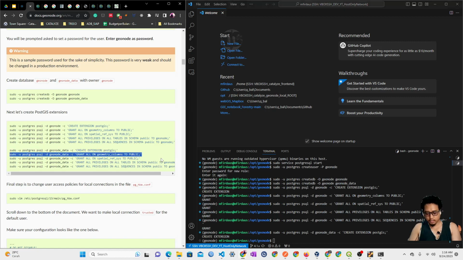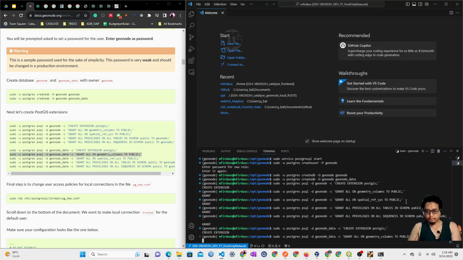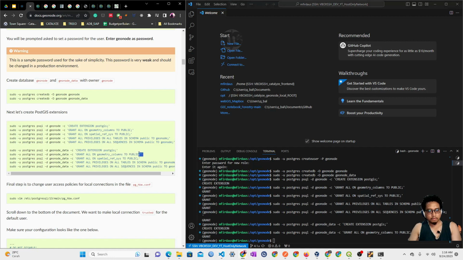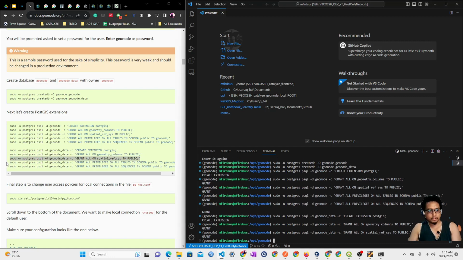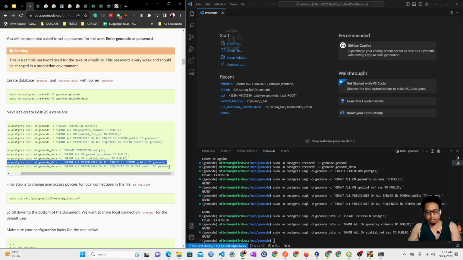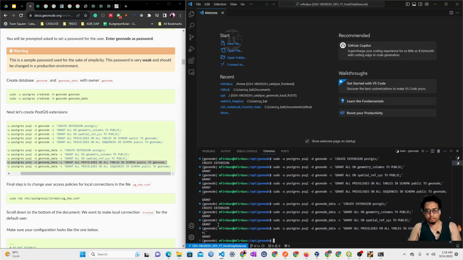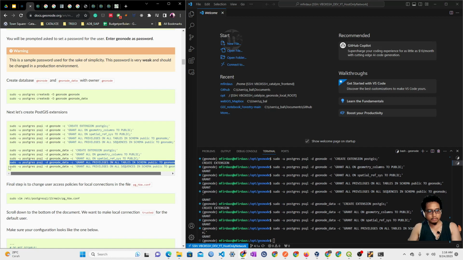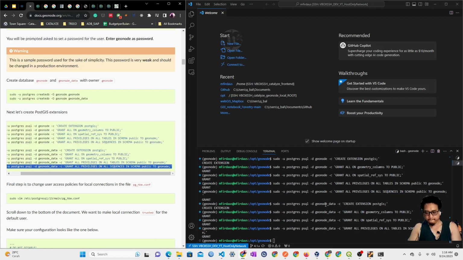That's the point of the SDI itself. Let's go with this grant public and then use this public grant as well. Let's use this Geonode_data. Okay,